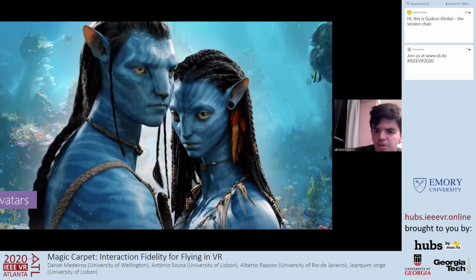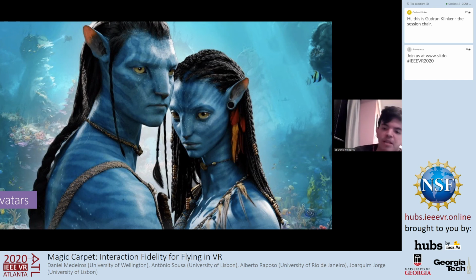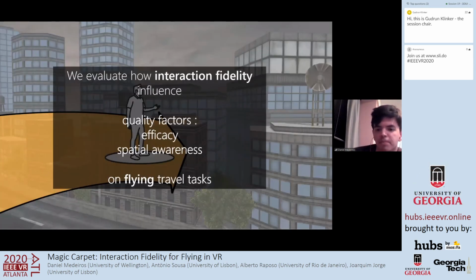When using high interaction fidelity techniques in VR, users need to be fully represented by an avatar in the virtual environment, as the users need instant feedback. The use of an avatar also makes it easier for people to locate themselves inside the virtual environment and affects their space judgments. So in this paper, we evaluate how interaction fidelity influences quality factors such as efficacy and spatial awareness